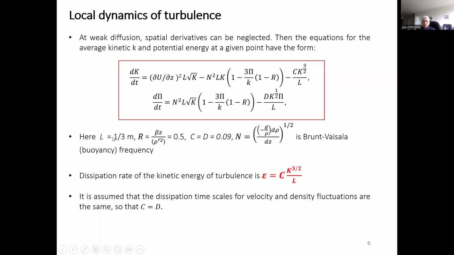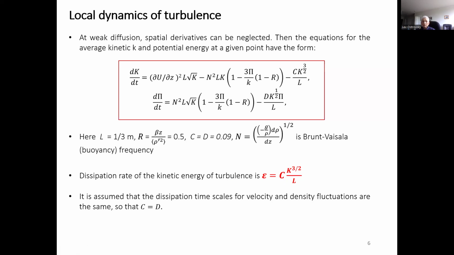Here we put it 30 centimeters, 33, and C and D are just coefficients for dissipative terms, which are here, of course. Dissipation is here, and here they are taken 0.09, empirical stuff. And the final result will be the dissipation rate of kinetic energy, which is here in red, because it's typically measured